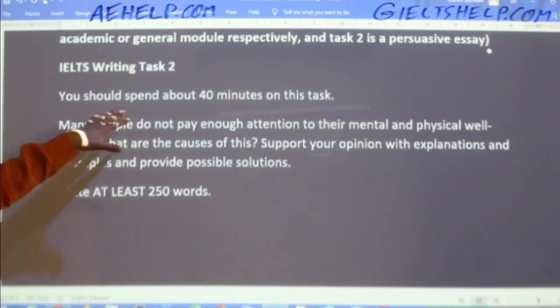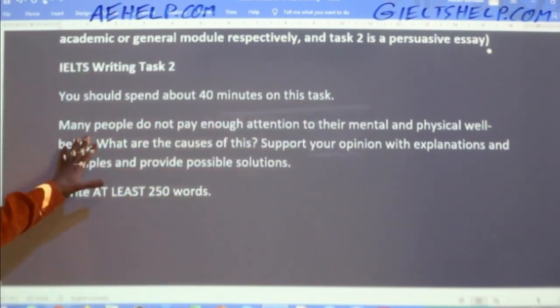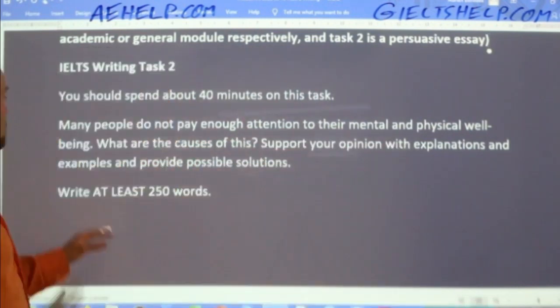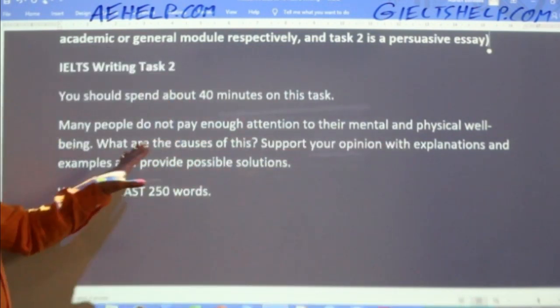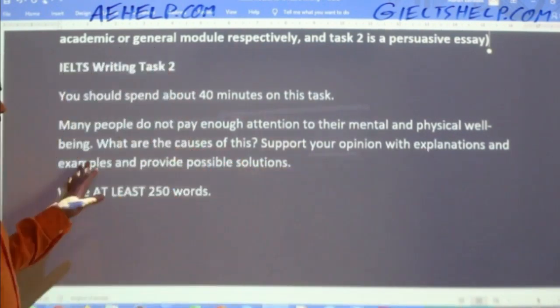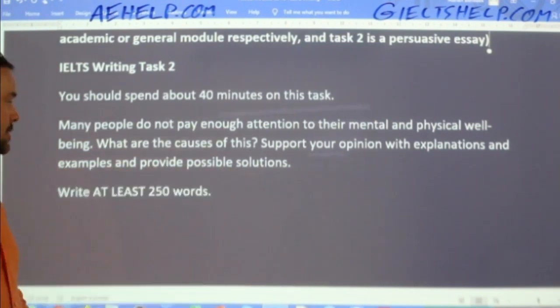So you should spend about 40 minutes on this task. Many people do not pay enough attention to their mental and physical well-being. What are the causes of this? Support your opinion with explanations and examples and provide possible solutions. Okay, so